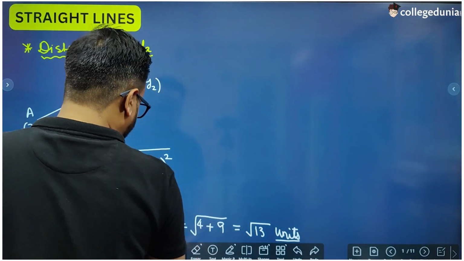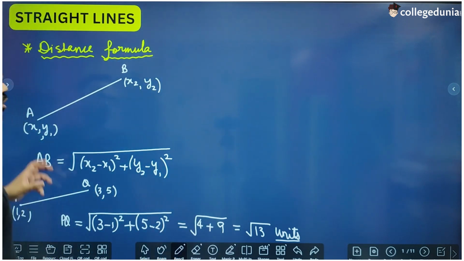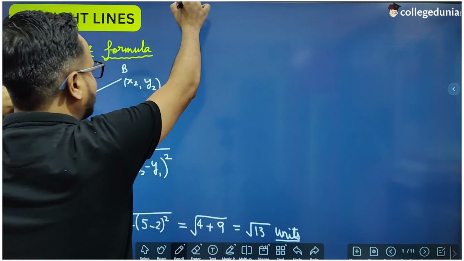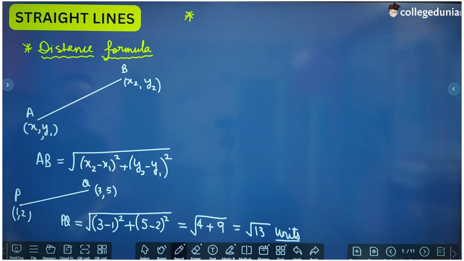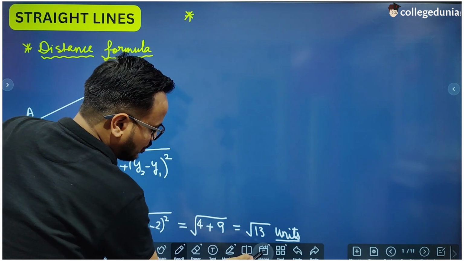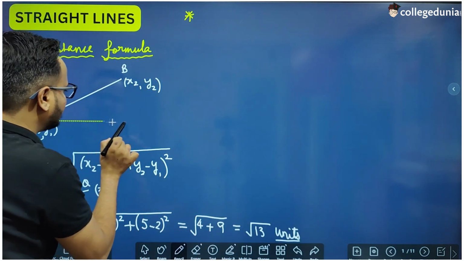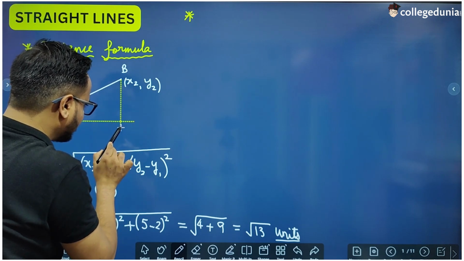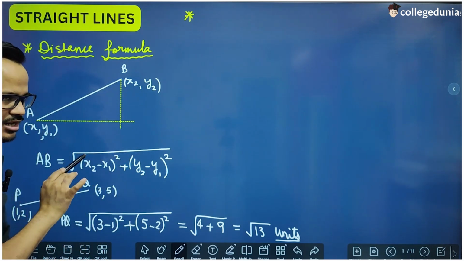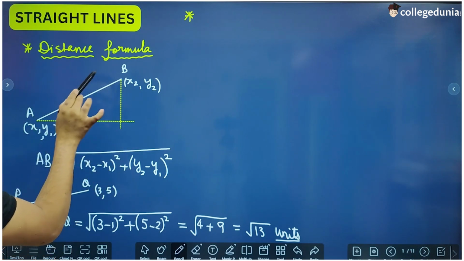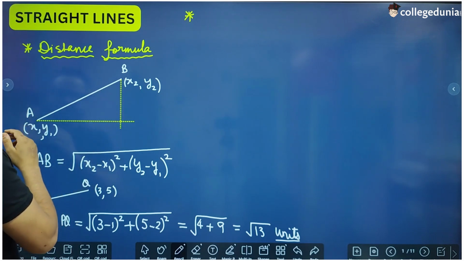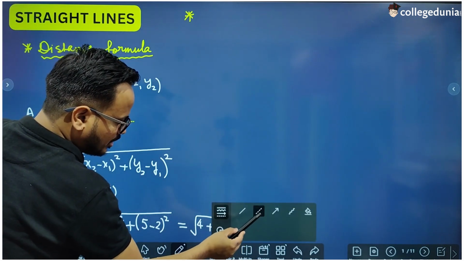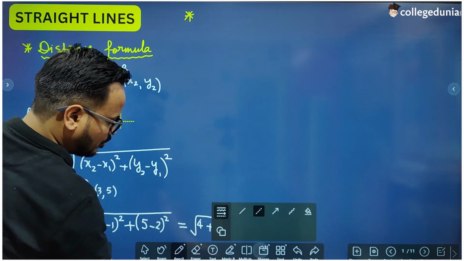We can also prove this formula, but we are not going into the proof and all, because you just have to remember this formula, and the proof is in fact very easy. You just plot these 2 points and apply the Pythagoras rule. If you join this and this, so this is a perpendicular, right? These 2 lines are perpendicular. So if you have plotted these 2 points in the coordinate system, so this length is what? Okay, I'll show you. Let me prove one formula for you.